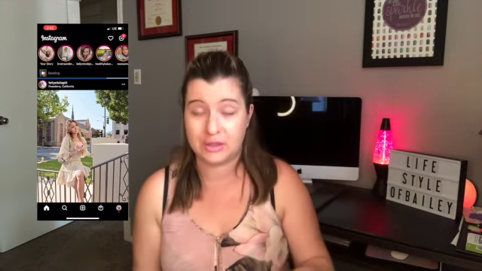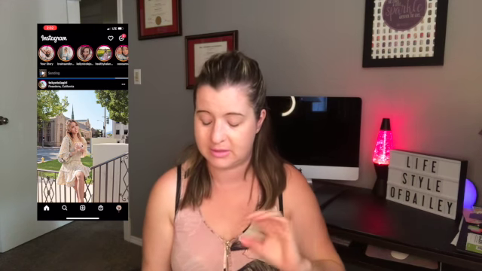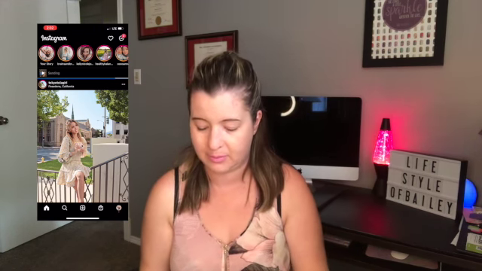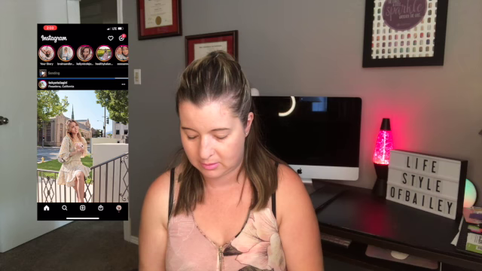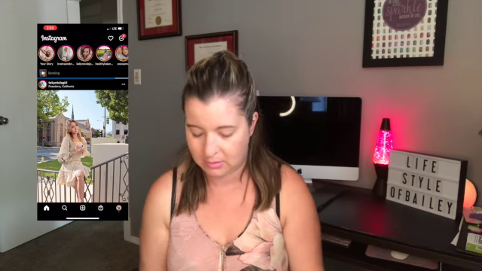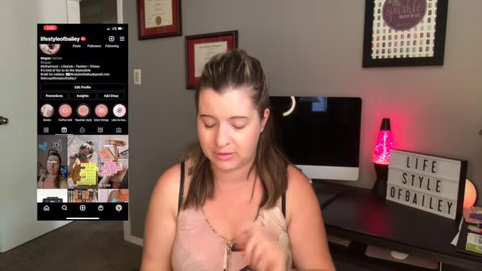And there is a new feature that I just got on my Instagram, but I think it's been out for a month now. I know it kind of comes to people's Instagrams sooner or later. So if you're on TikTok, you can click duet and you can duet somebody's TikTok video. Well, now Instagram Reels has a feature which is similar to duet, but it's called remix. So first I'm going to show you,